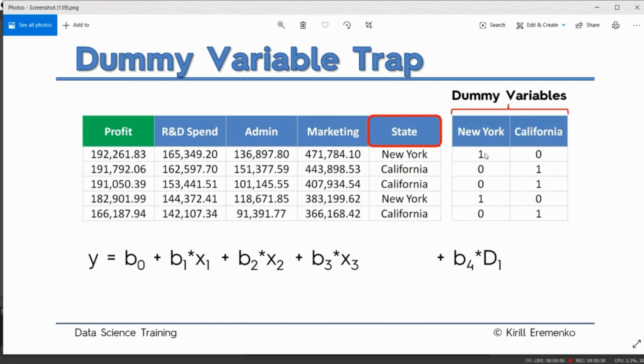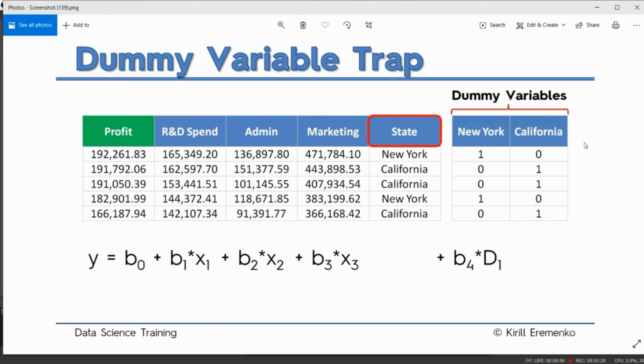As you can see, if we only use this variable for our model, it's going to say 1 for New York and 0 for California. And similarly, if we use this, it's going to state 0 for New York and 1 for California. So using both the variables together is going to duplicate the variables in our model, which will increase complexity and reduce the accuracy. So this problem is referred to as the dummy variable trap.